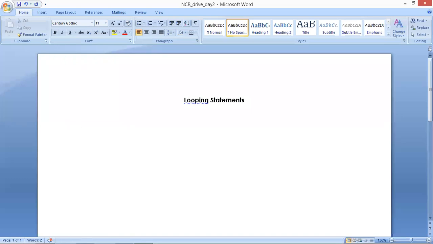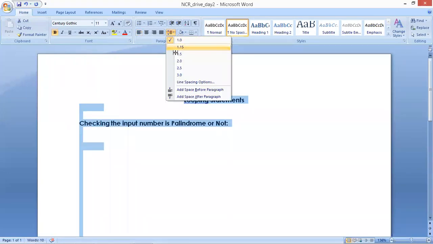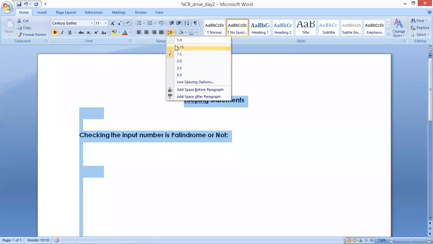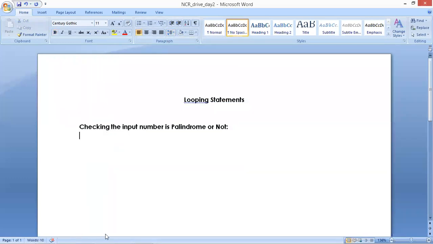Now the first one is checking whether the input number is a palindrome or not. In the last session we saw how to find the sum of digits in a given number. Of course, the same code we will use. I will explain the complete logic.